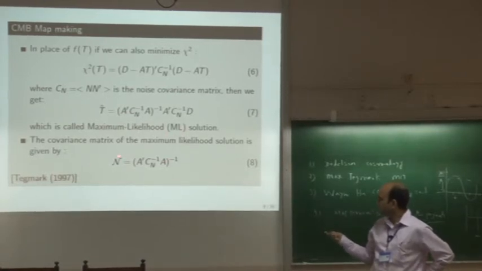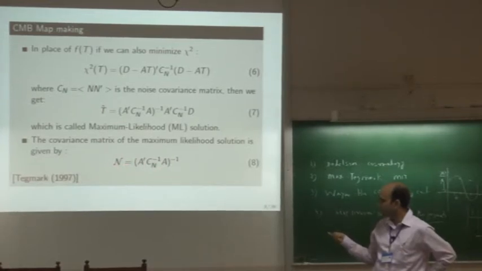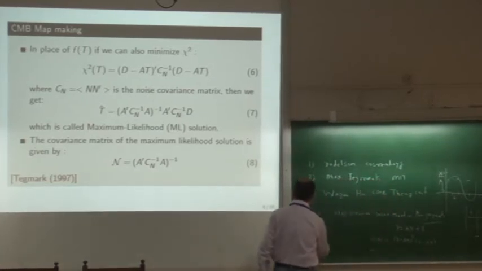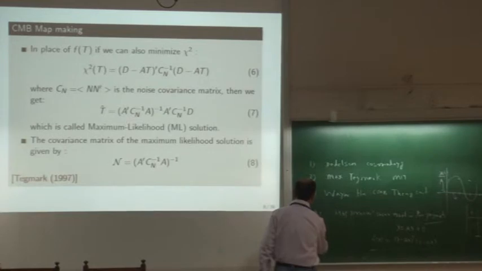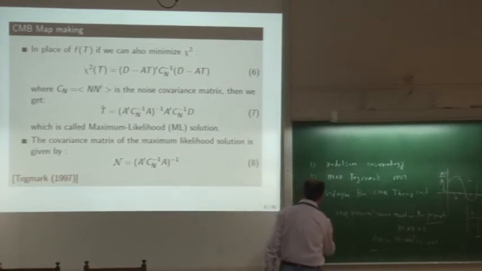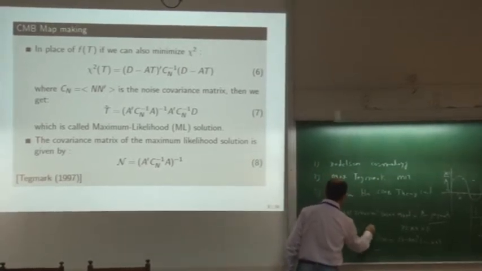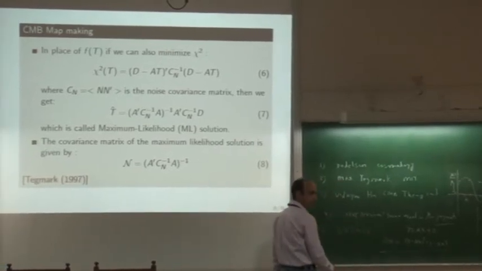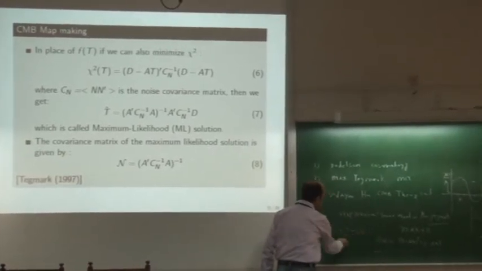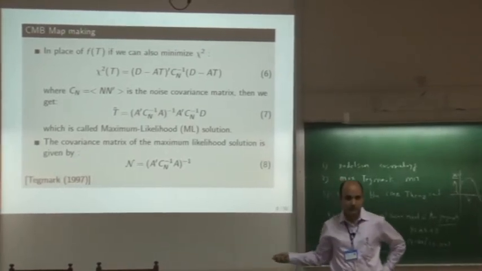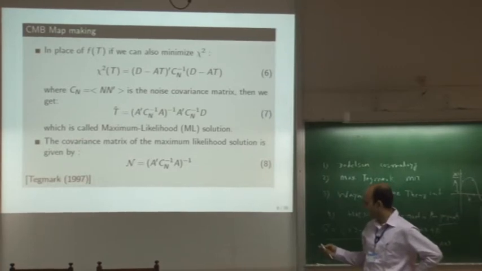It is left for you as an exercise to show that the noise covariance matrix is given by this thing and is equal to this thing. So how do you compute the noise variance if you have a random vector x? Sigma x square will be the mean of x square minus the square of the mean of x. I think you are familiar with this expression, how this sigma is computed, but it can be generalized to covariance when the data points are correlated.